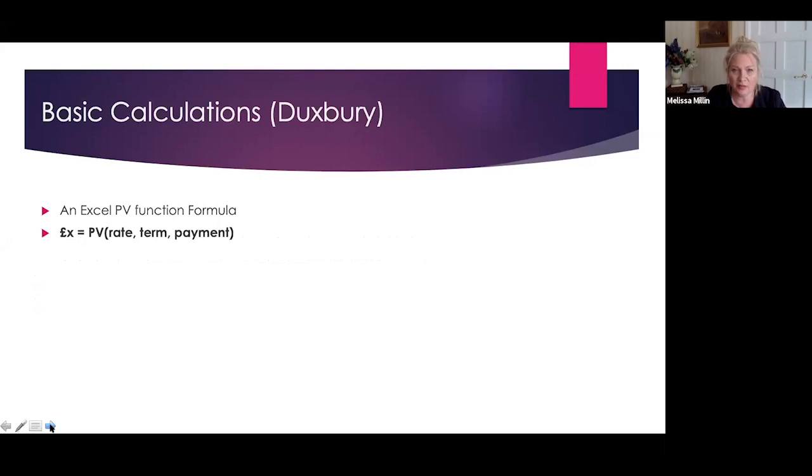But if you want to have a little tinker at trying to develop your own form of Duxbury assessment, it is possible using the Excel PV function and looking at the formula where effectively the present value rate is multiplied by the term and the payment. What I would also invite you to do, this is my desert island luxury, is become familiar with At a Glance. That's the essential tables for financial remedies. They're also very, very useful for calculating this through.